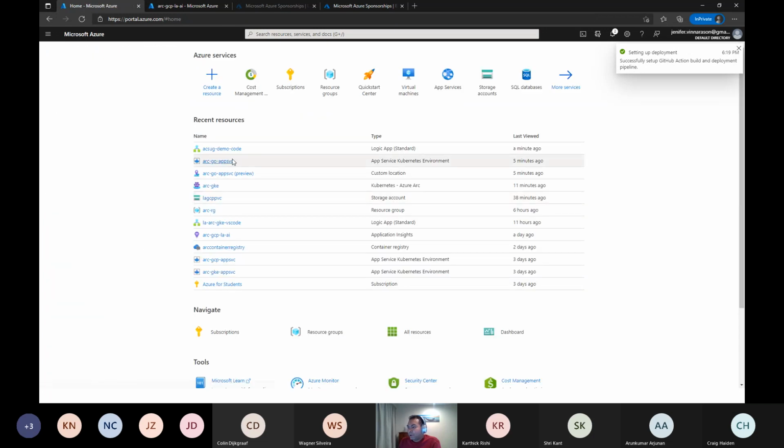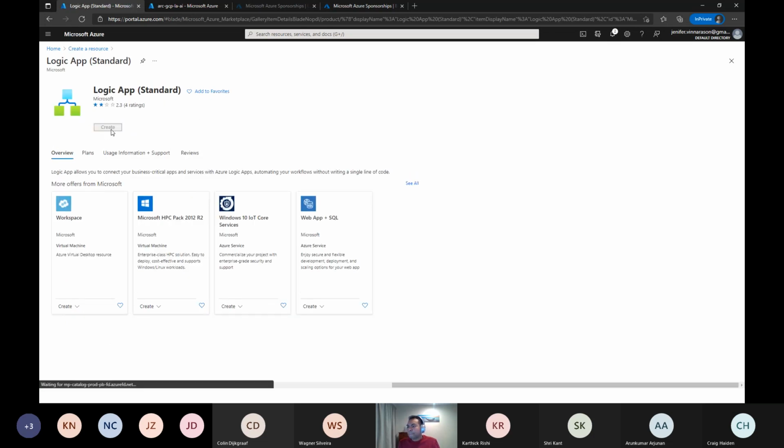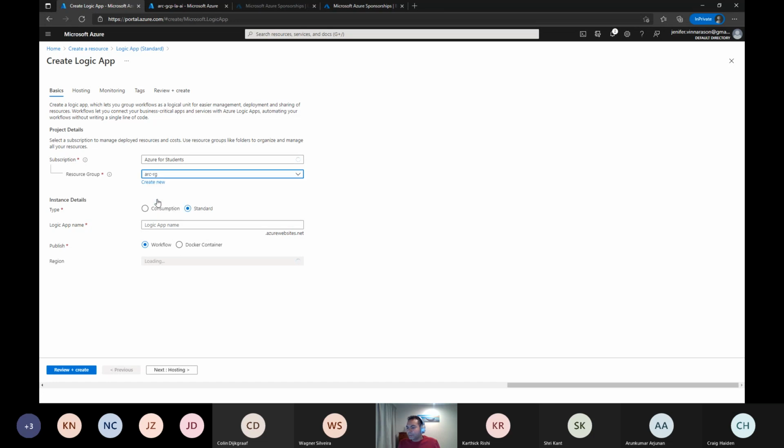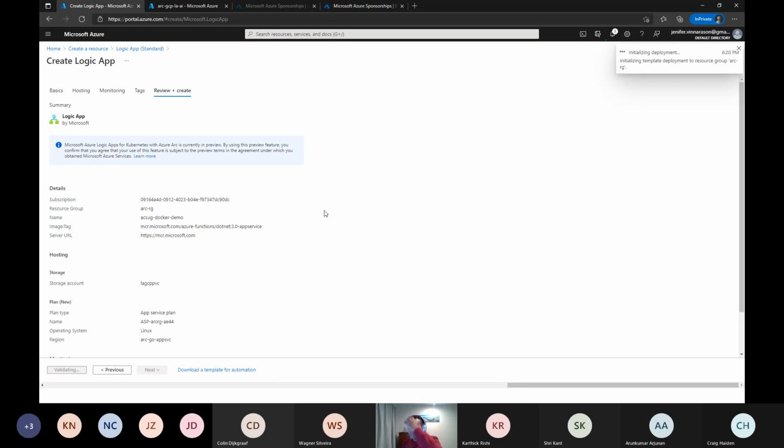Or if you want to deploy a logic app using Docker, I choose my resource group and standard, and I name it Docker demo. If I choose Docker, I will get only my custom location as the region. I will not get any other region available. The rest of the experience is the same. I choose my storage, my Application Insights and tags, and review plus create. And when I create it,